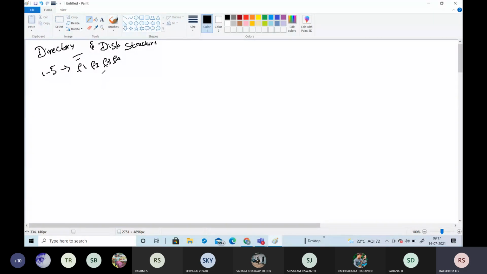A directory may contain a subdirectory. We know that a file may contain some subfiles, and similarly a directory may contain subdirectories. For example, consider one folder, operating system, which I created. Inside that operating system, I included the different module notes like module 1, module 2 and module 3 as separate directories. Inside module 1, I may include a separate PPT, separate PDF notes, and the assignment questions.